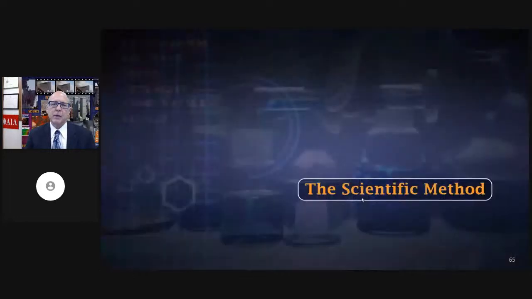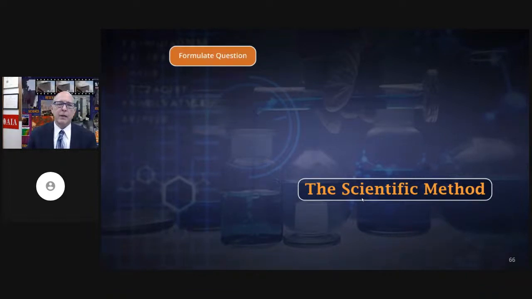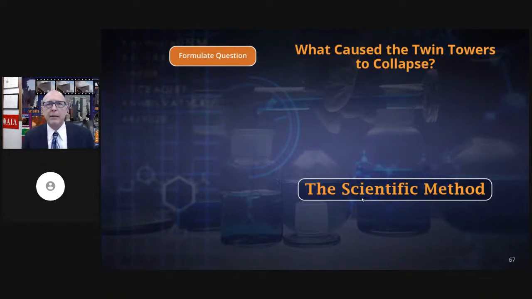And so we use the scientific method at AE 9/11 Truth. We have a question. That's what happens in science. We try to solve a problem. And so this is our way of winnowing error from truth, fact from fiction. We've had it for 100 years in the West or so. Our question is, how did these towers collapse?